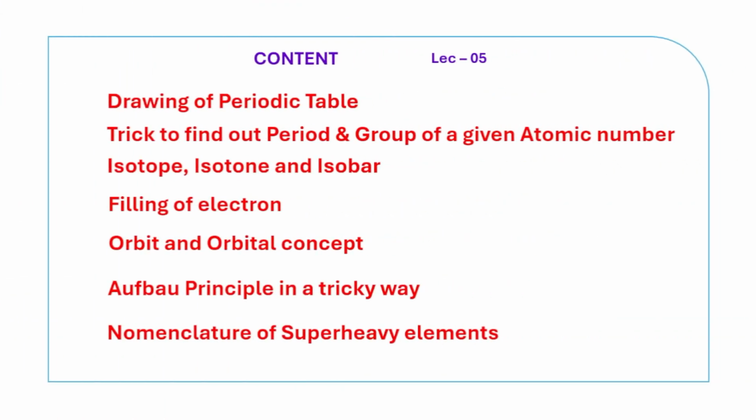In the previous lecture, we have learned about drawing of the periodic table, and a trick to find out the period and group of a given atomic number. We have also discussed the concept of isotope, isotone and isobar. We have learned filling of electrons, orbit and orbital concept. Now, above the principle of filling of electrons, I have also shown you a trick on how you can easily remember that. Apart from that, we have learned nomenclature of super heavy elements,